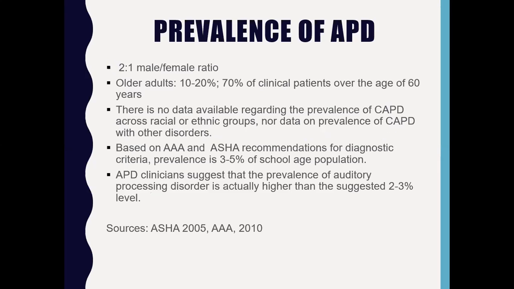So when we talk about the prevalence, there is a 2-to-1 male to female ratio. If you look at the literature, when you talk about adults, there is a huge range. And honestly, it says 10 to 20%. And then in patients over the age of 60, you can see statistics that 70% of adults have some auditory processing. And the challenge with all those statistics is that we need to be very critical in our reading